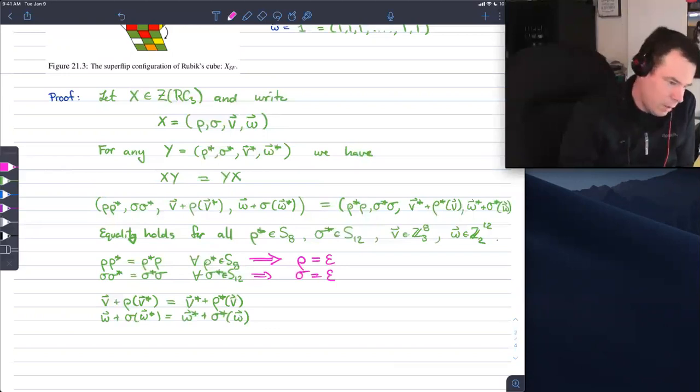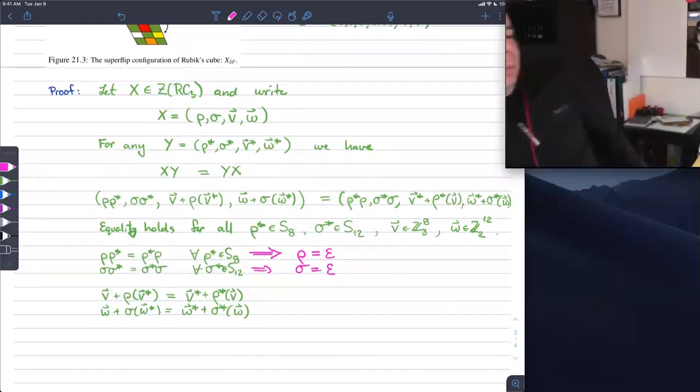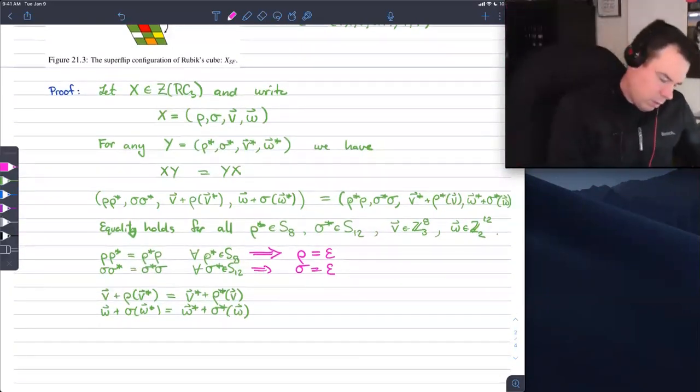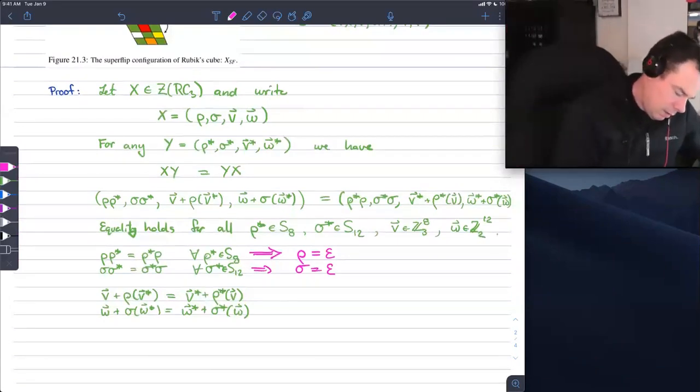Okay, now what else do we get? Well, we know that rho and sigma are the identity. So that means that I can do a little bit of reduction with this. This tells me that v